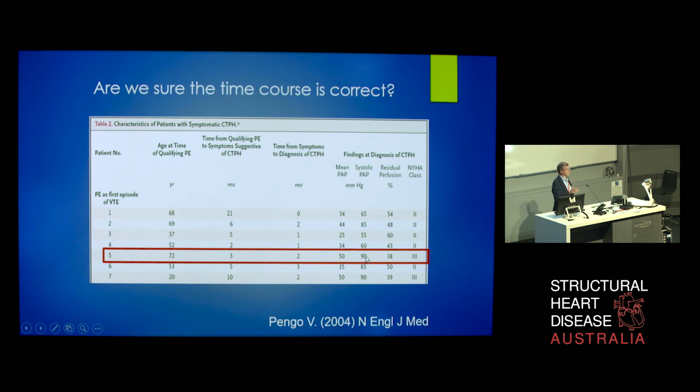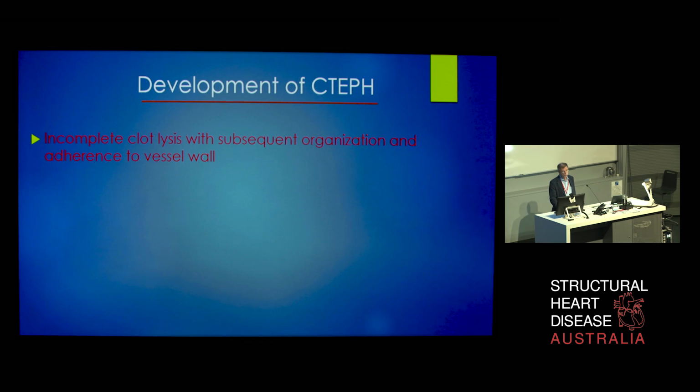That's not CTEPH developing after an acute embolus. So I think the time frame is much, much longer. Patients can have CTEPH many, many years after developing a pulmonary embolus. You develop CTEPH because of incomplete clot lysis and then organisation and adherence of the clot to the